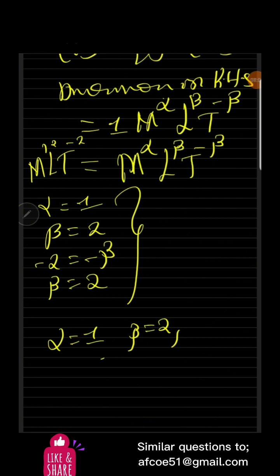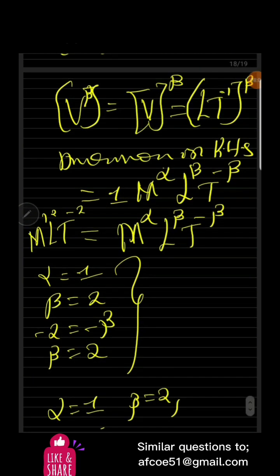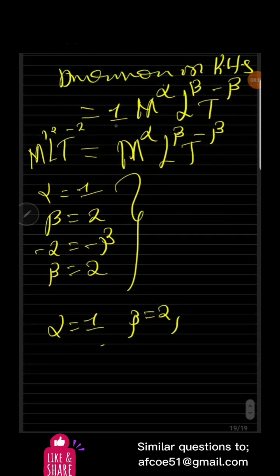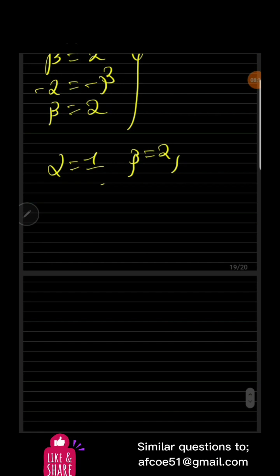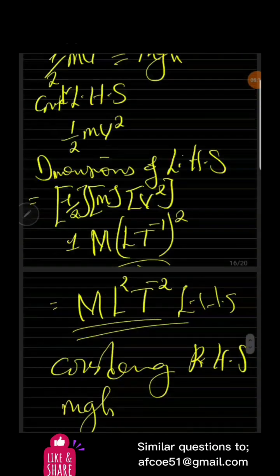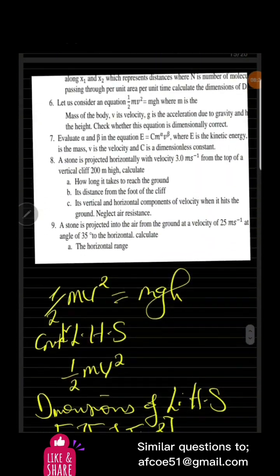So you can even use either of the two equations, L or T, to determine the value of beta. So for that equation to be homogeneous, alpha has to be 1 and beta has to be 2. As easy as that. Then let us move to the next question, which is saying that